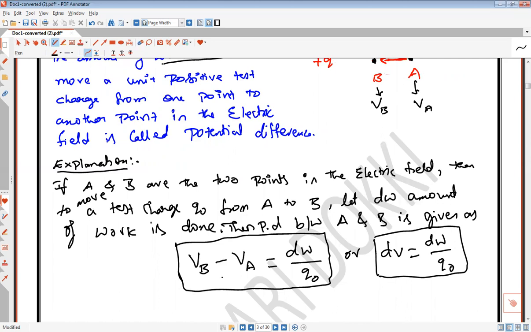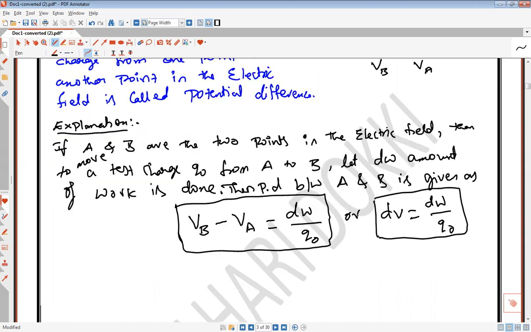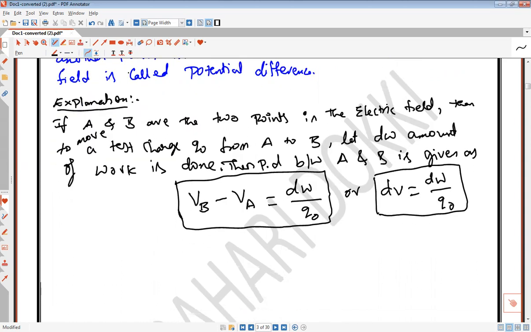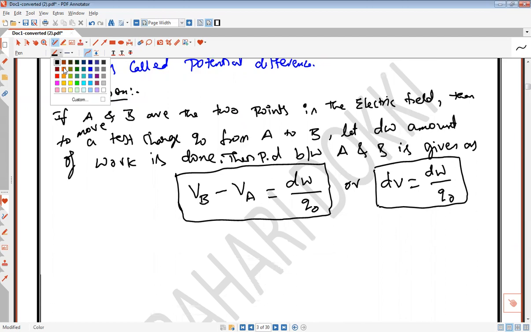Potential difference is defined as work done to move the charge from one point to another point. This is the idea of potential difference. And as far as potential difference is concerned, you need to remember the SI unit of potential difference. See, the SI unit of potential difference is